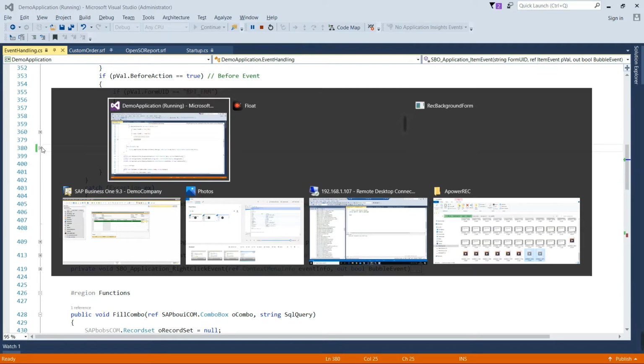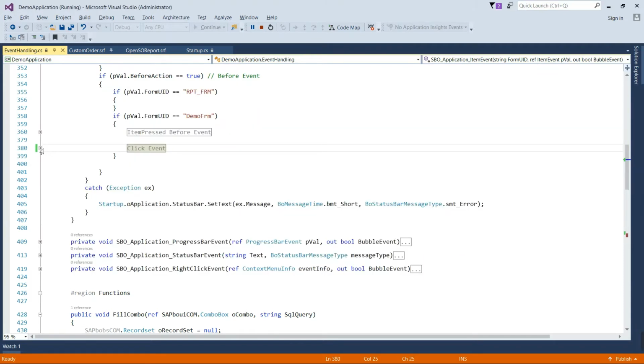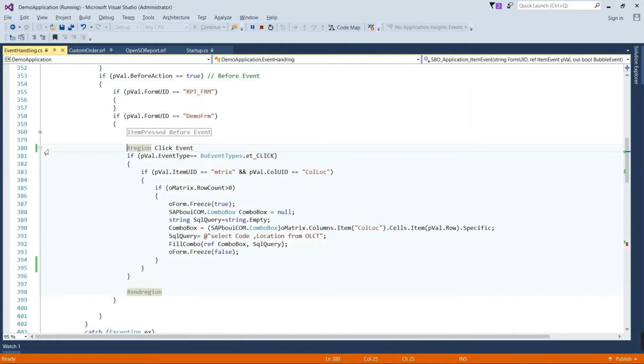Now we are going to see the code in which we will see how we can add values to the combo box and to the combo button. You can see in the click event what I am doing. I am checking is this a matrix and is this the same column on which I am going to work.